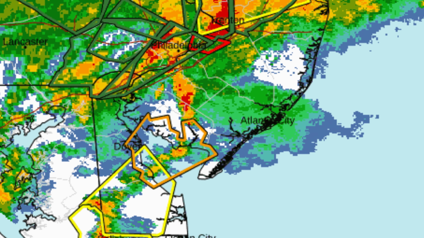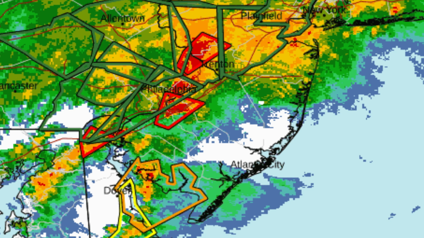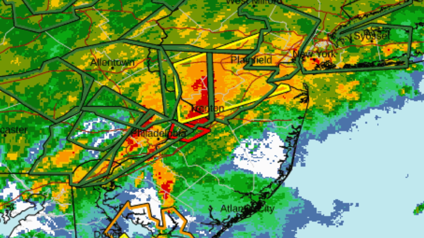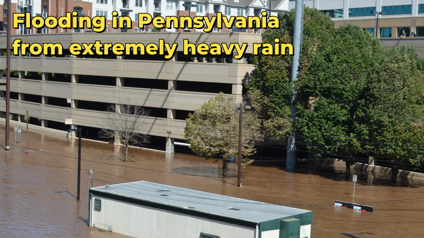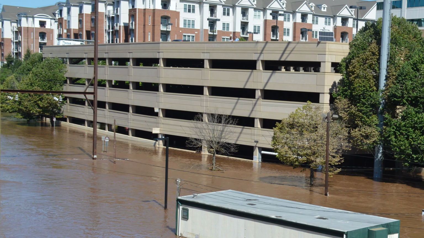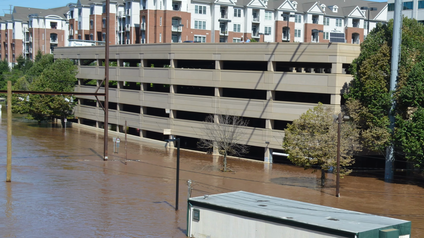21 lives were lost with this outbreak. A more unusual outbreak occurred on September 1st, 2021, when the remnants of Hurricane Ida trekked up the eastern seaboard. A very humid atmosphere coupled with moisture from Ida created an environment ripe for tornadic formation from Maryland to New York. In all, 35 tornadoes were confirmed, with the largest, an EF3, hitting Mullica Hill, New Jersey. An EF3 tornado in New Jersey is extremely rare.